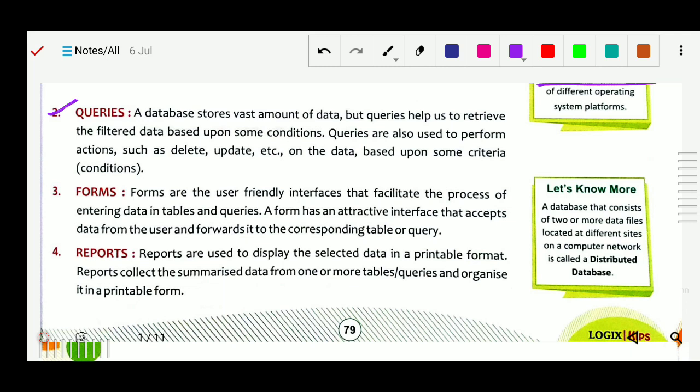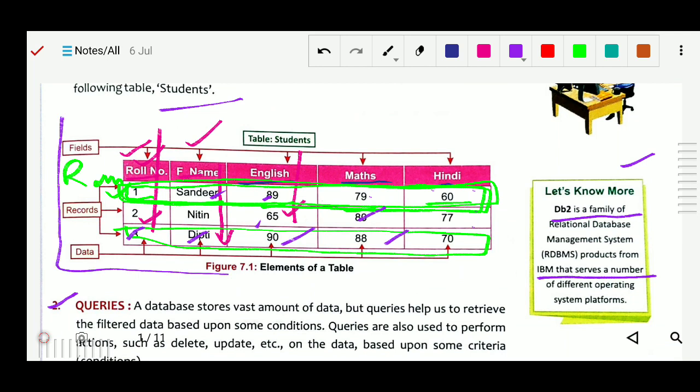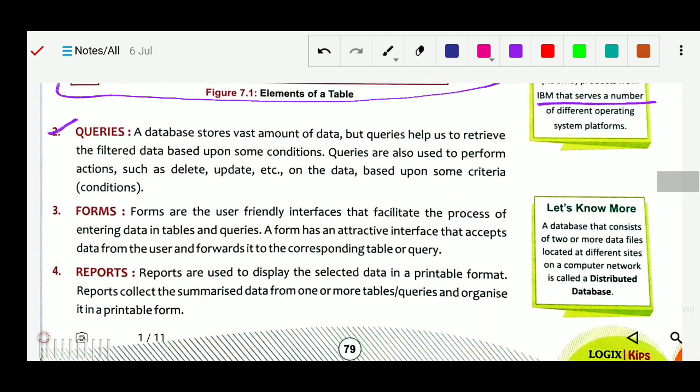Suppose so many records are here, and I want to fetch only the data of roll number 1, and I want to know what marks he got in math. So I have to retrieve only roll number 1's math marks. Getting the data of that particular record is called a query.